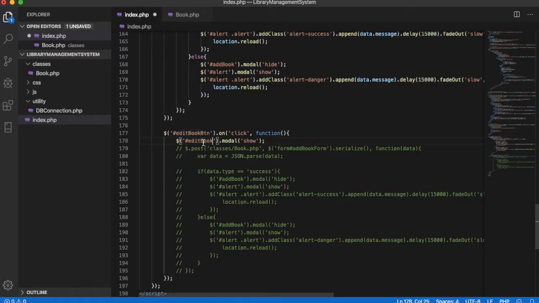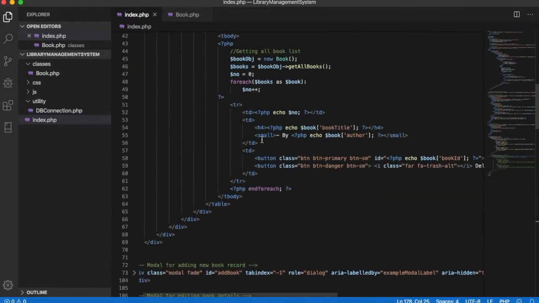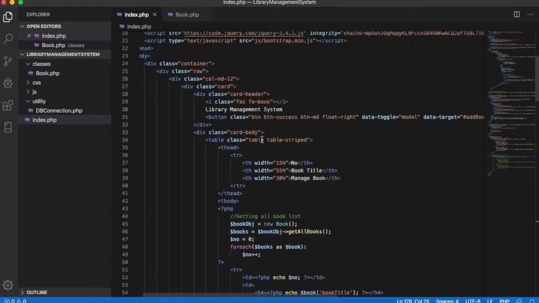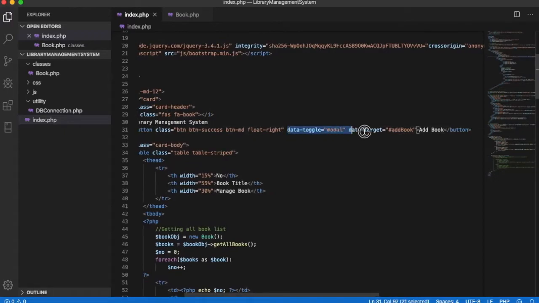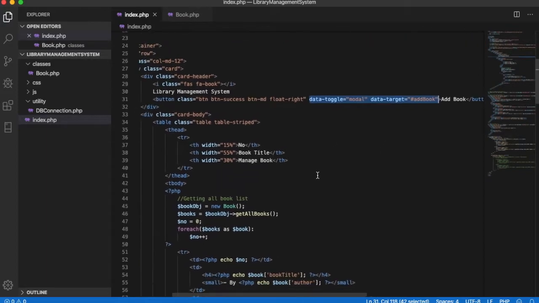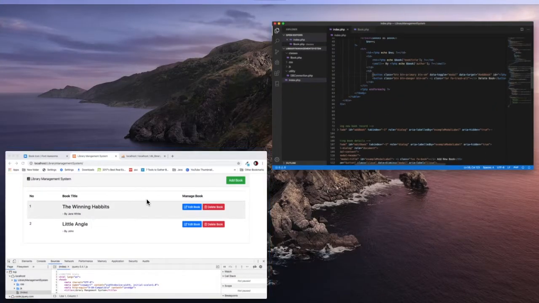So anyways, I think this is because we are not giving these two elements to our button. So copy this and go below here and just define them here. So if I save this, if I go back to,